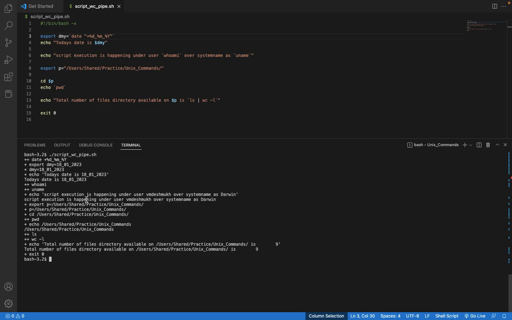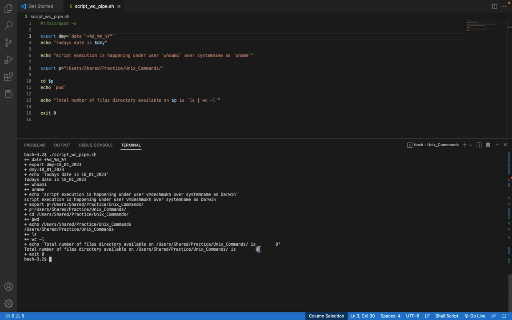So the script execution is happening under user, which is my name, over the system the way I have shown. This is my operating system. Then echo pwd, so it is moving onto this path, and then again this command execution is happening. So first ls, then wc -l, and then it prints the message total number of files and directories available onto this path